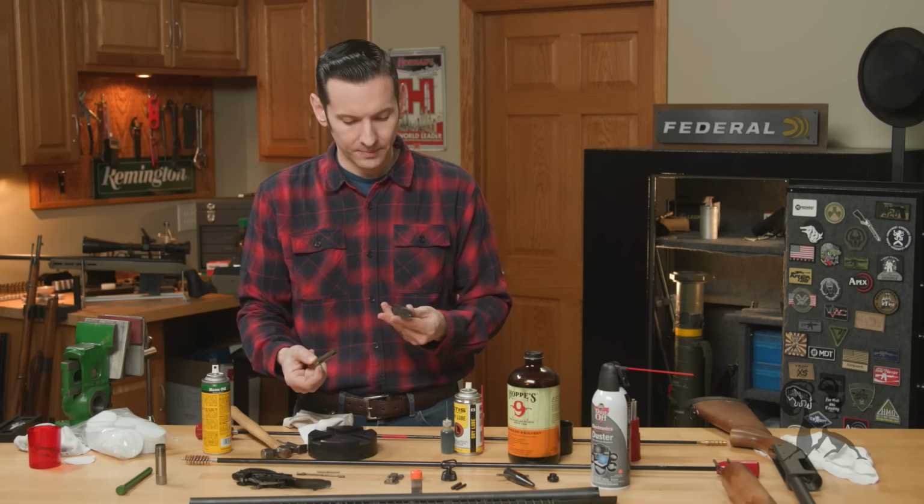I'm going to take some rim oil. Hit the outside, hit a little bit of the inside. Wipe it down real good. Alright. And that's all there is to it for the choke tube. Okay, so